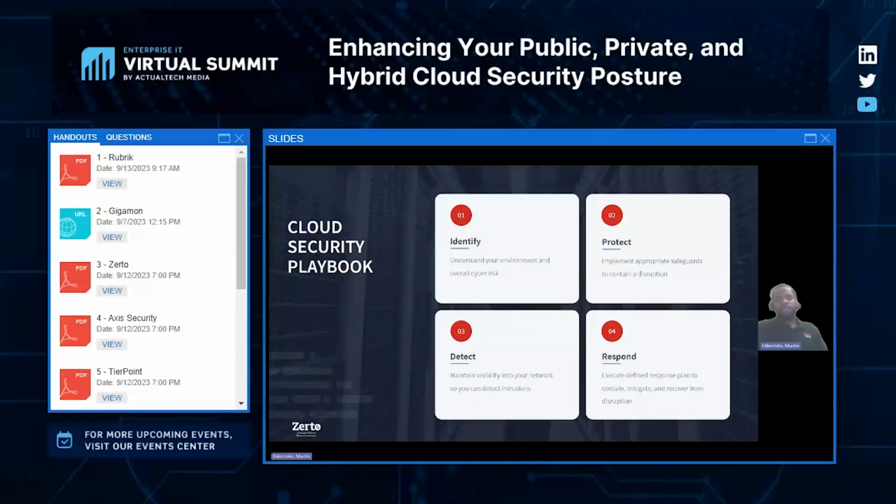And here I have four steps to help assess your security plan. The first one being identify. Security follows that similar adage of those that fail to prepare,